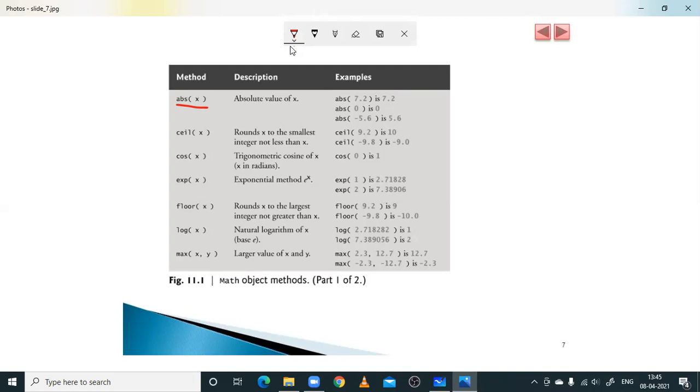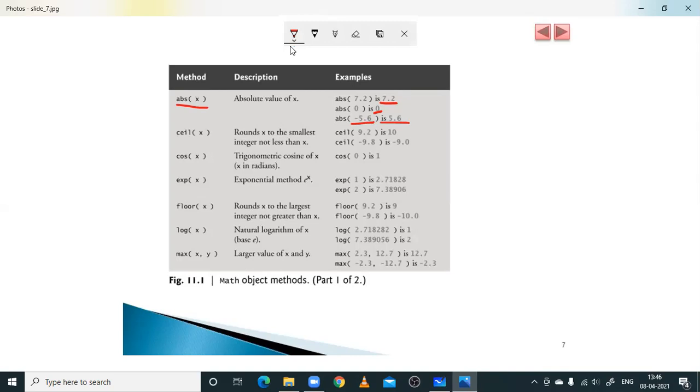It gives the absolute value without any sign beside it, whether it is positive, negative, or zero. So you observe here, this is a positive number, this is a 0, and this is 5.6, but this is negative 5.6. It will give the digits, ignoring the negative sign.